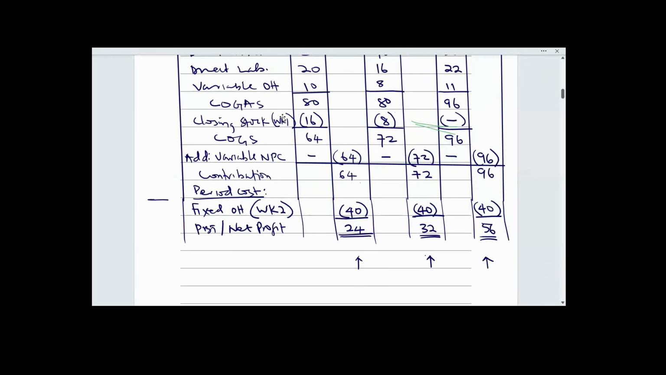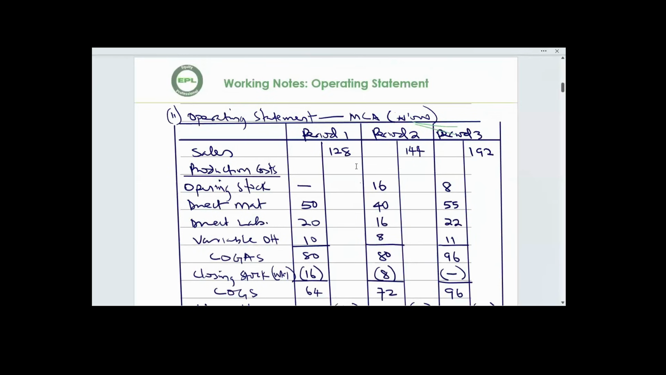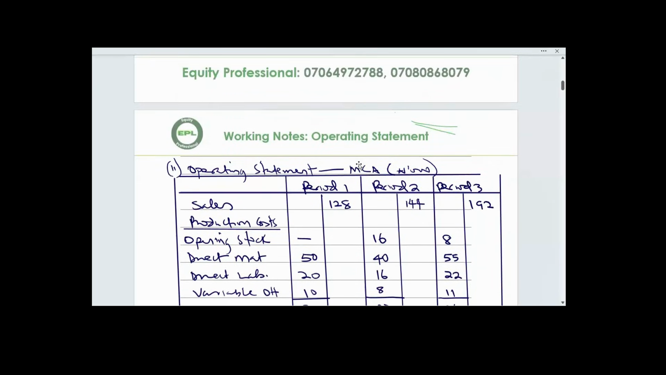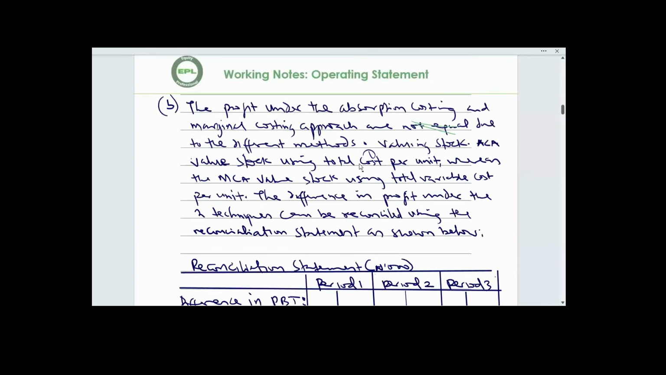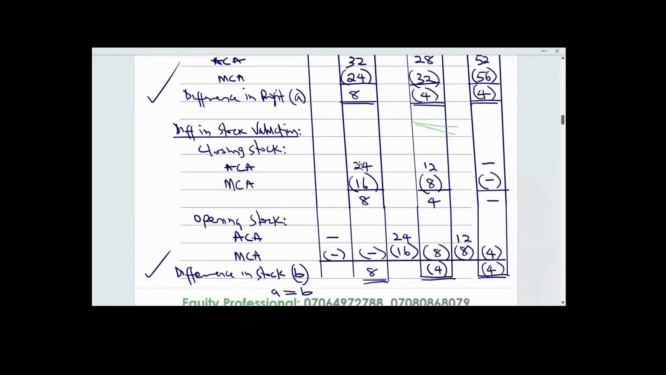Okay, sir. In deciding if A is equal to B in the reconciliation, are we taking absolute values, ignoring the signs? Because if you look at period 3, the difference in stock is a positive 4, while the difference in